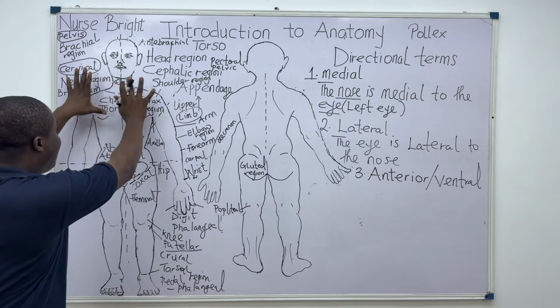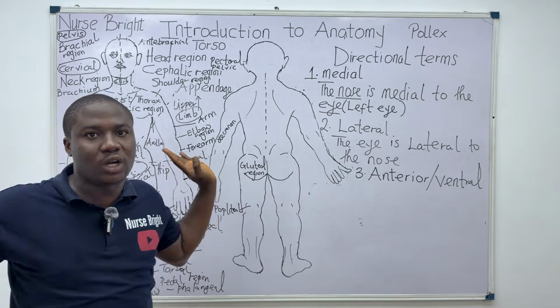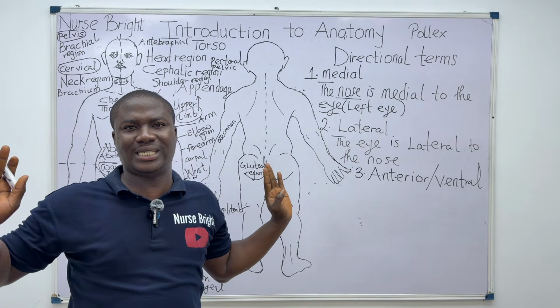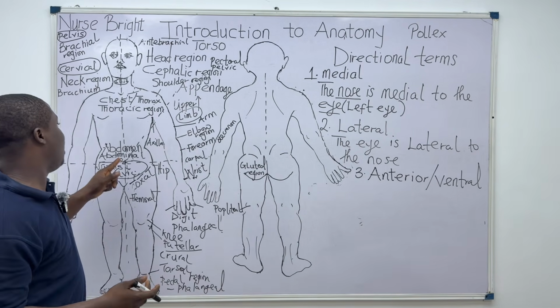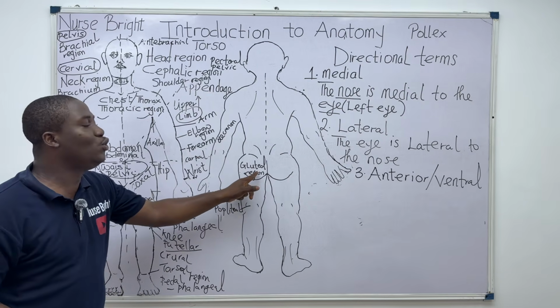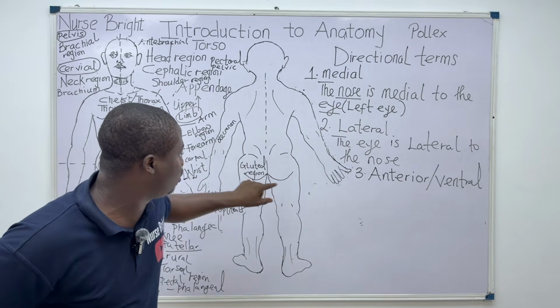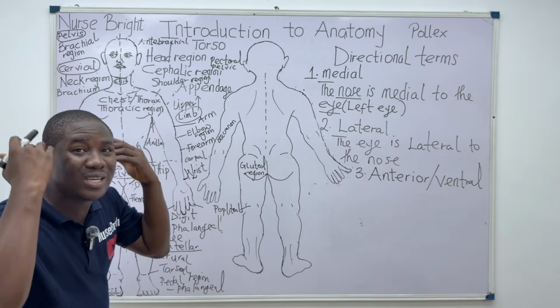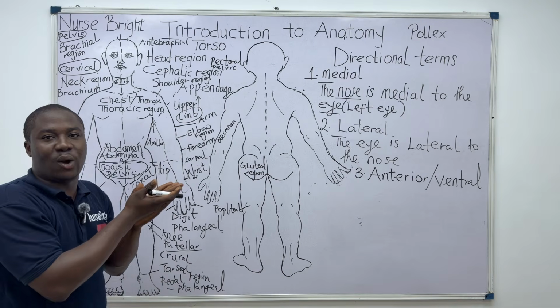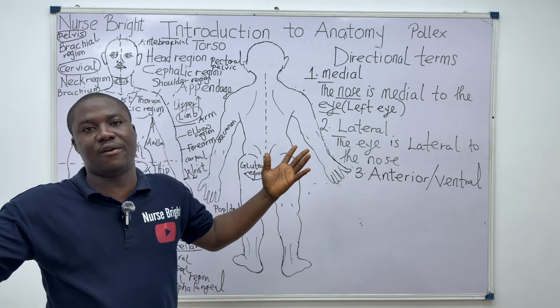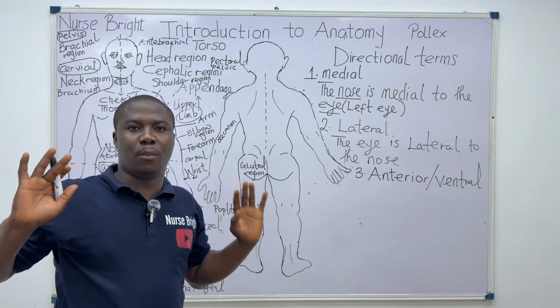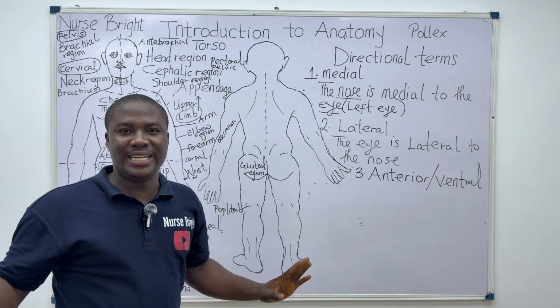If I will compare in the thorax region, I will compare and I'm okay. Do you understand? Now, comparing the umbilicus and the gluteal region of the body, this gluteal region, which is posterior, so easy. It is the umbilicus that is anterior to the gluteal region, the buttocks of the body. You can see how all this works. They are not hard at all.